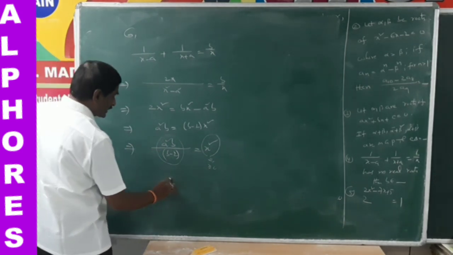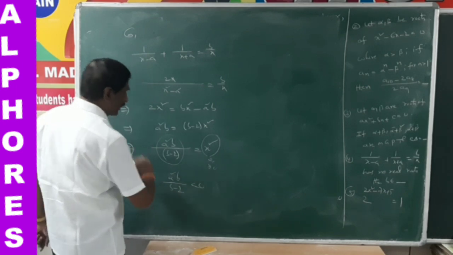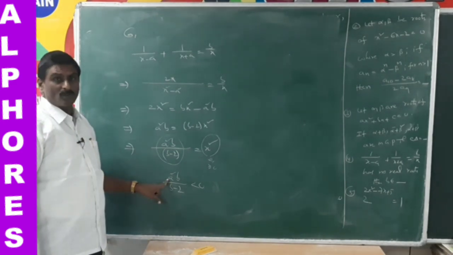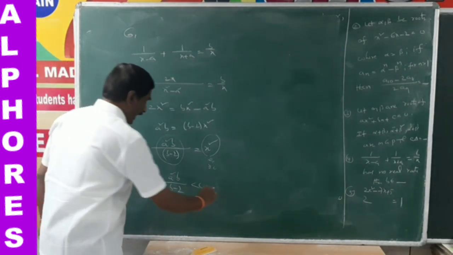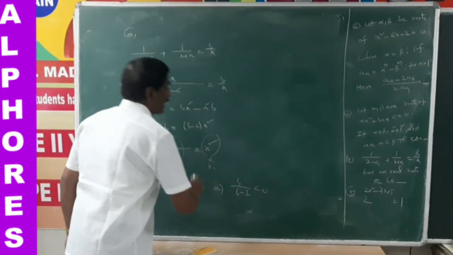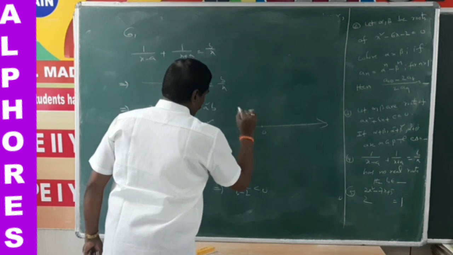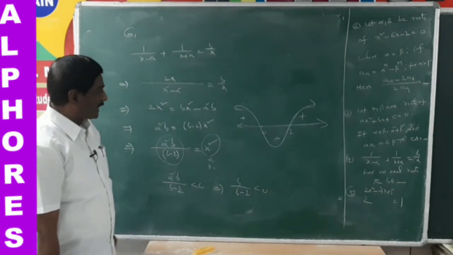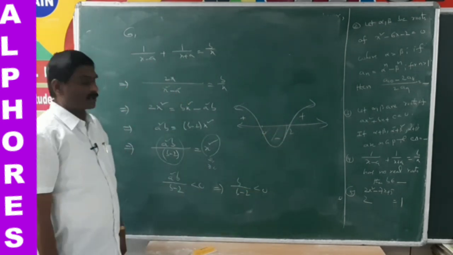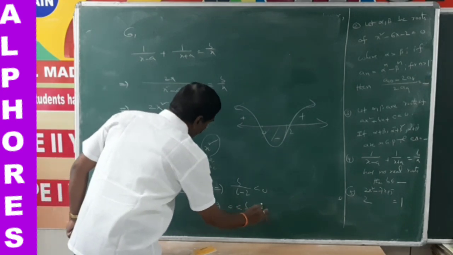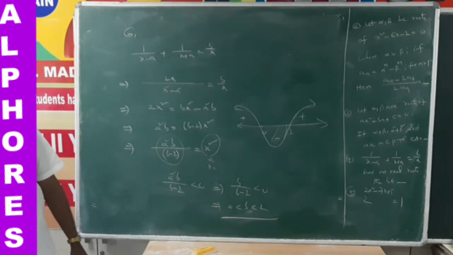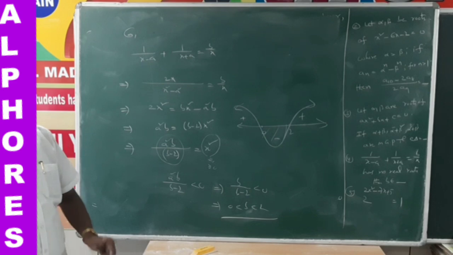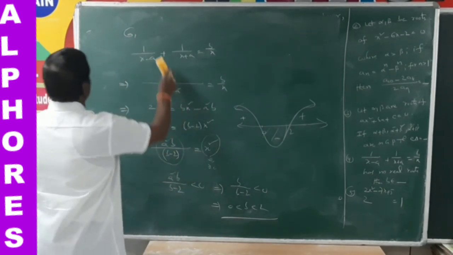That means a square b by (b minus 2) is less than 0. Then this equation has no solution. a square is always positive, so it does not depend upon a square. That implies b by (b minus 2) less than 0. By using wavy curves, b is equal to 0 is one of the stationary values, 2, with signs plus, minus, plus. b by (b minus 2) less than 0 means the value of b lies in the interval 0 to 2. That implies 0 less than b less than 2. If the given equation has no real solution, then the range of b is (0, 2) open. Okay. Next, fifth one.